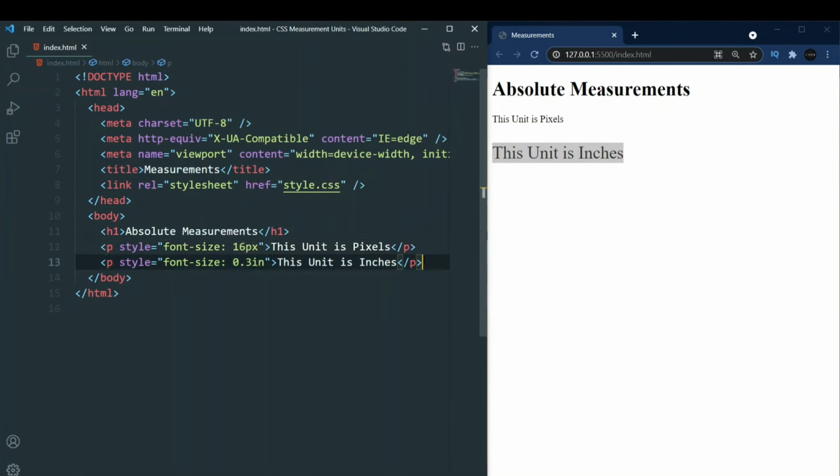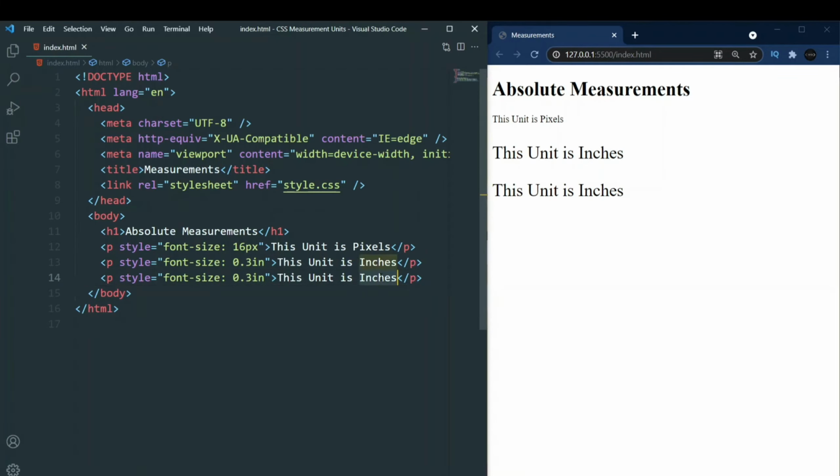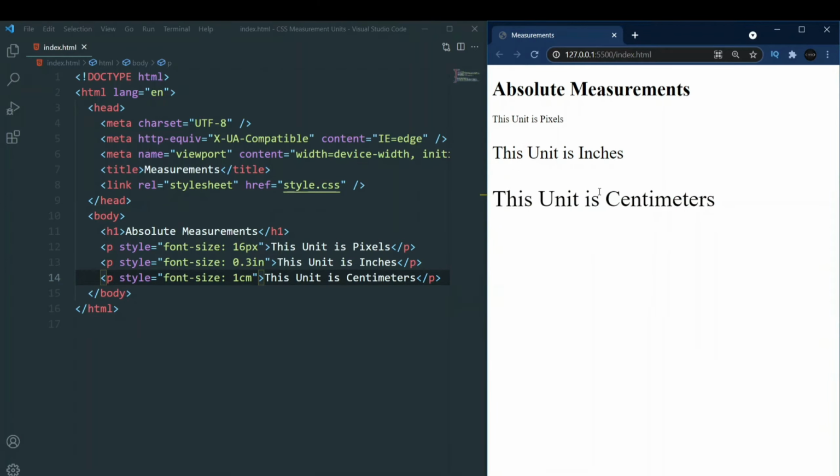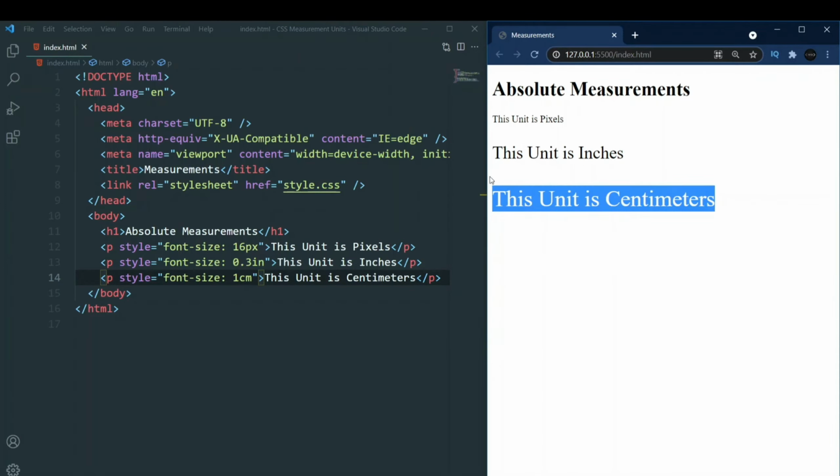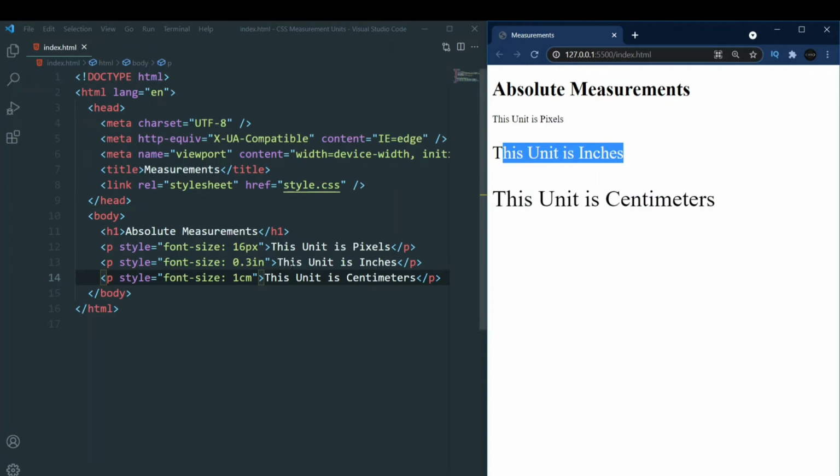The next one that we have over here is called centimeters. We'll just write centimeters over here, and here also we'll change, let's say 1 centimeter, and let's save it. You can see 1 centimeter is again bigger than 16 pixels and also bigger than this 0.3 inches.